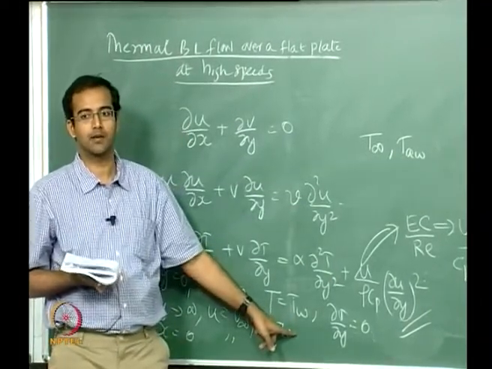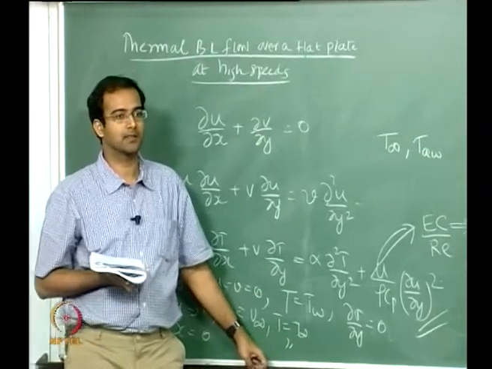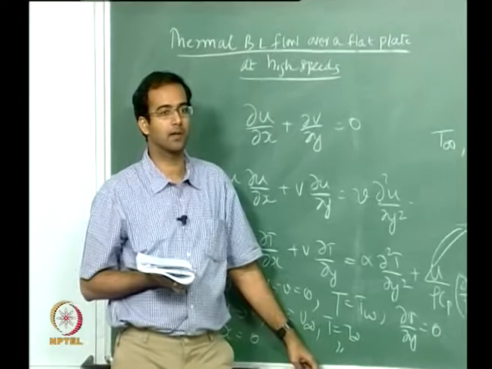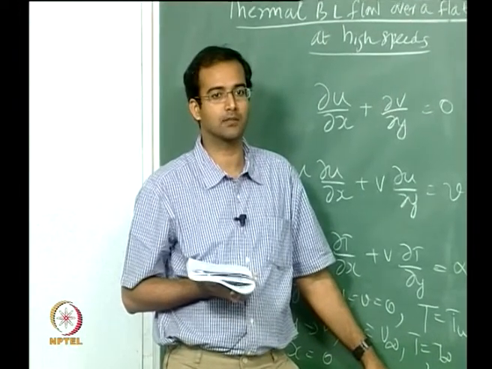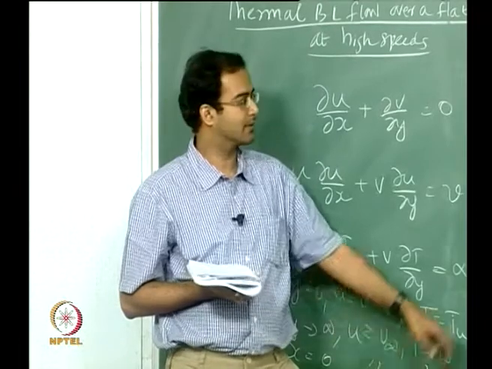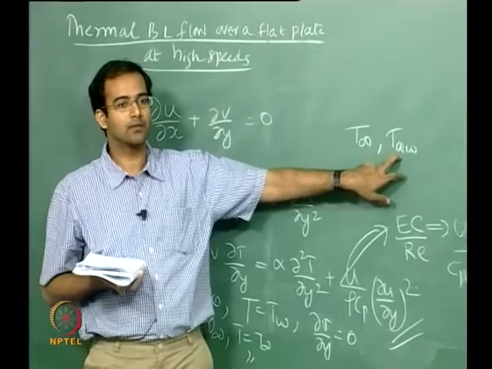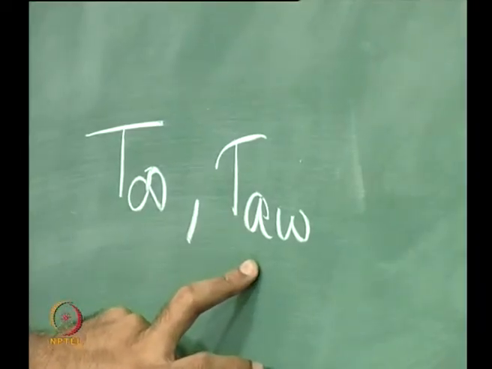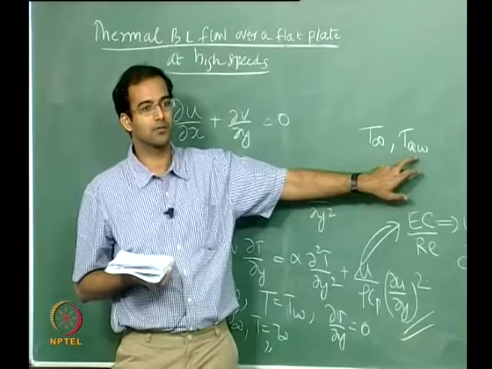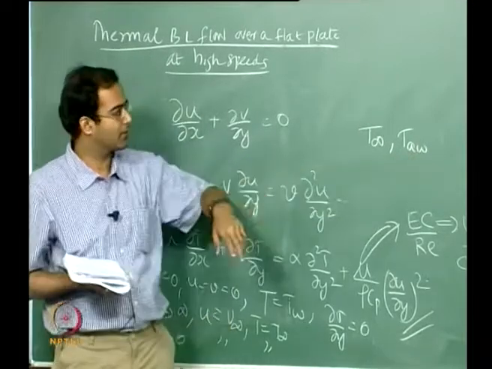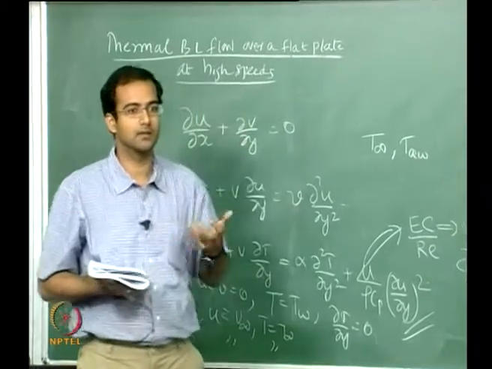As I said, you can have heat generation due to internal viscous dissipation, and that will result in a wall temperature which corresponds to the case of no external heat transfer. That is defined as the adiabatic wall temperature. So if you don't have any heat transfer, instead of using the free stream temperature, you can also use the adiabatic wall temperature. Therefore you have too many temperatures here, and we don't know which one to use to scale or non-dimensionalize the temperature.